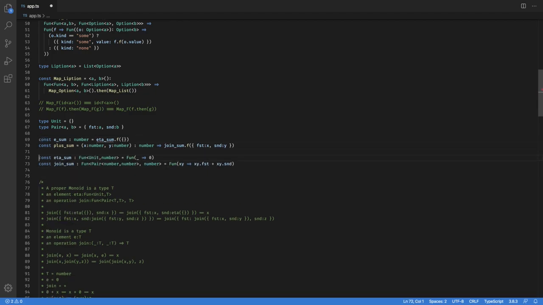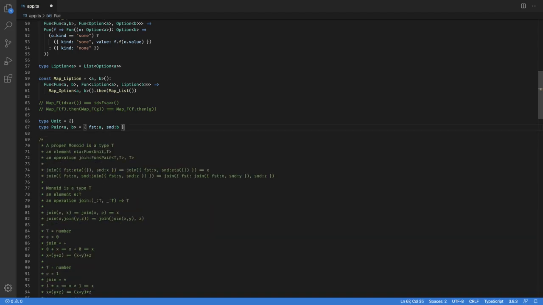You could say that eta sum here returns e sum, and here we simply call plus sum of these two elements. Okay? So again, I really want to stress the fact that these two are exactly the same definitions. But, if we go back to these equality relations,